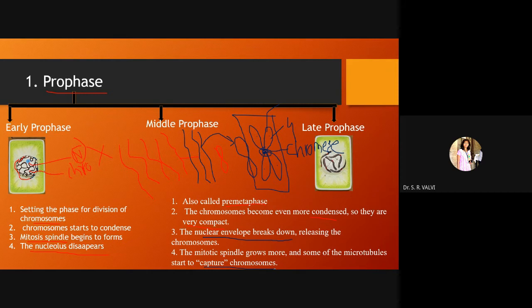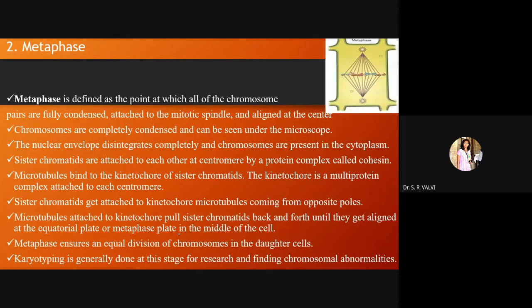See, now come to the next phase, that is metaphase. Now see here, first come to this diagram, then I will explain this right up. You can see here all these chromosomes that we have seen in the earlier phase. They appear in the middle line. See, suppose we draw a single middle line here, all the chromosomes reside in this middle line, right?